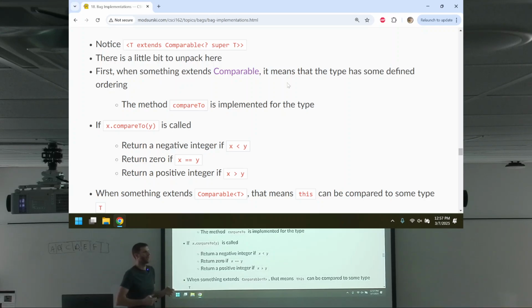Basically, it's a method where I can ask an object of the type, hey, x compared to y. And it's going to return either a positive, a negative, or a 0 value. If it's 0, that means they're actually equal. That means if you said x.equals(y), you should get true. If you get a negative, that means x is less than y. It should come before the y. And if you get a positive number, it should come after the y.